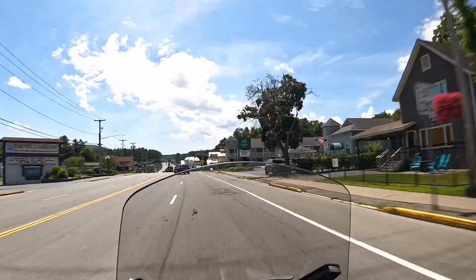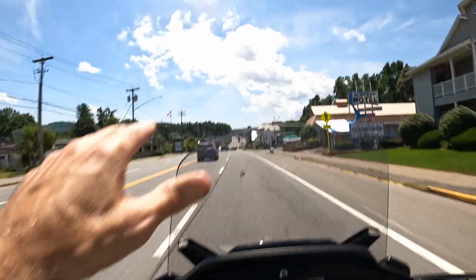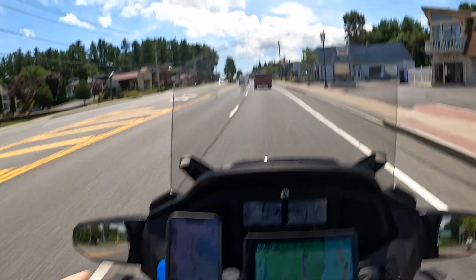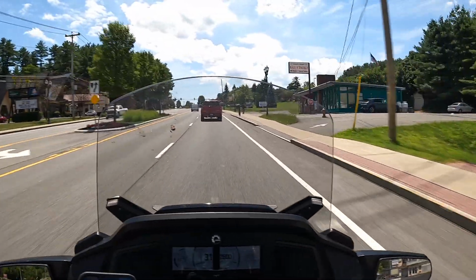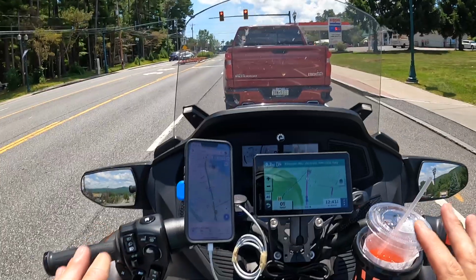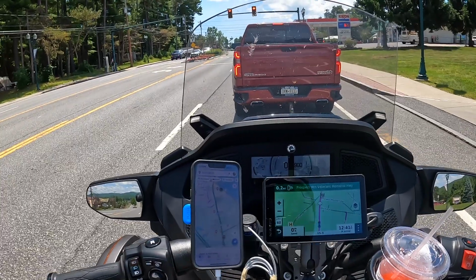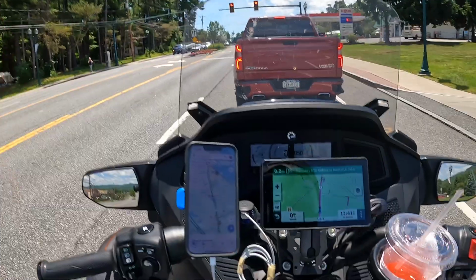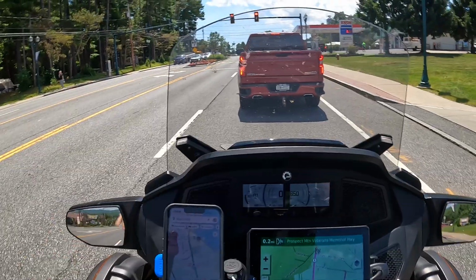So now I've got to be on the lookout for Prospect Mountain. I believe it's on this side of town, which is like the southern side of town. It's coming up ahead. I put my GPS on because I misjudged where it was, and I can rely on the GPS. I don't know if you can tell the difference right now, but this is crystal clear, and I can make this out, but because of the sun, I've got my sunshade down as well. When I lift it up, it's of no help. It's just a little bit hard to read